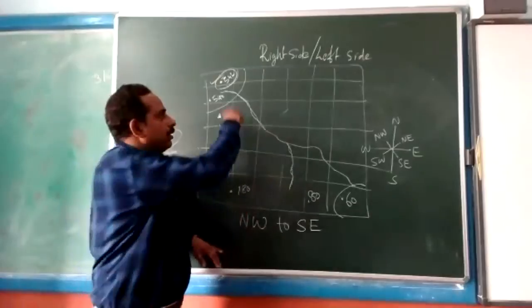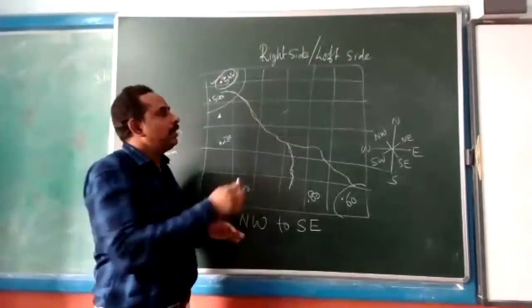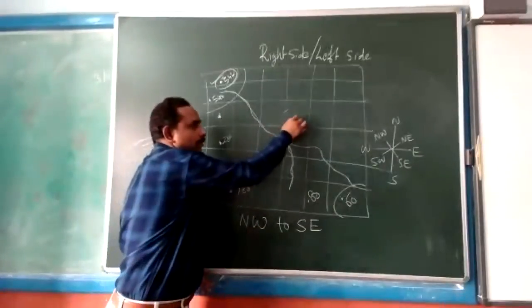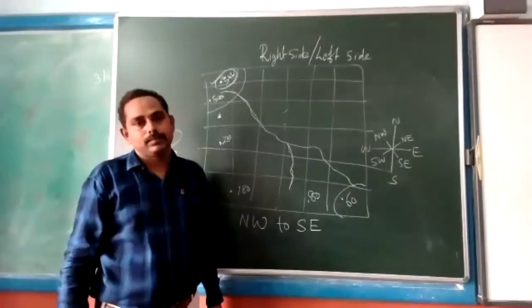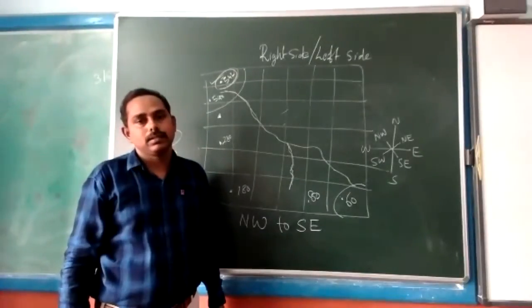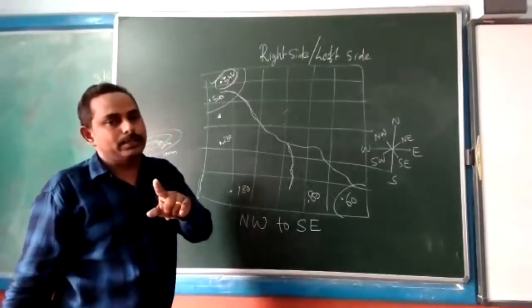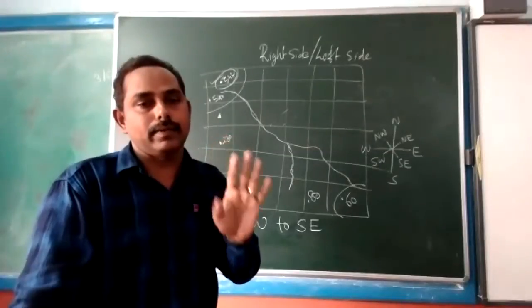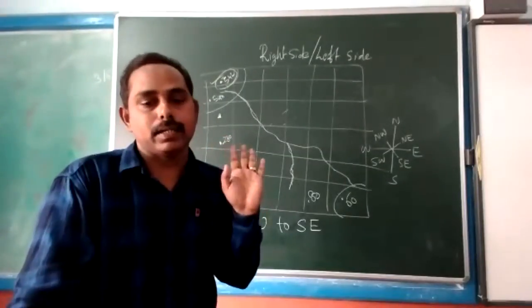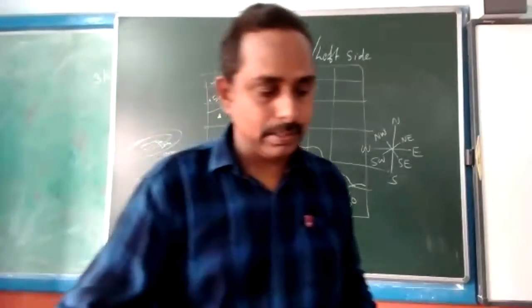Okay. Origin of the river. From there, whenever you are facing, your left side is the left hand bank, and the other side your right hand side. That is only you have to write. Clear? Okay. So these are the two things: direction of the river you have to find out, and the bank of the river. Very simple only.